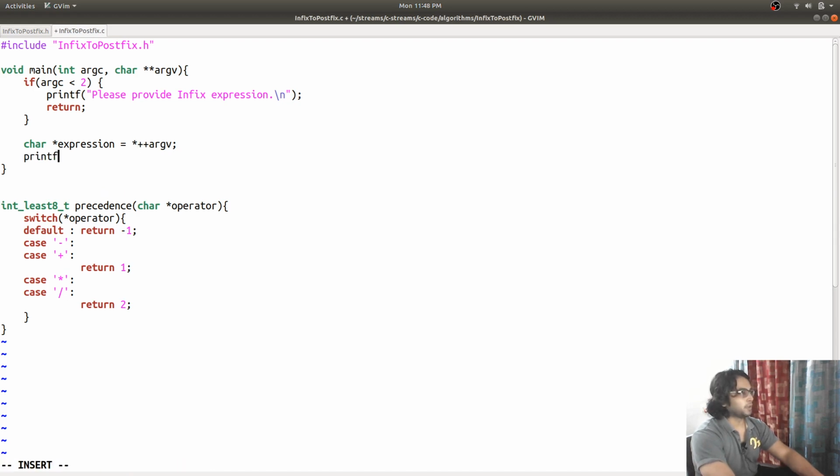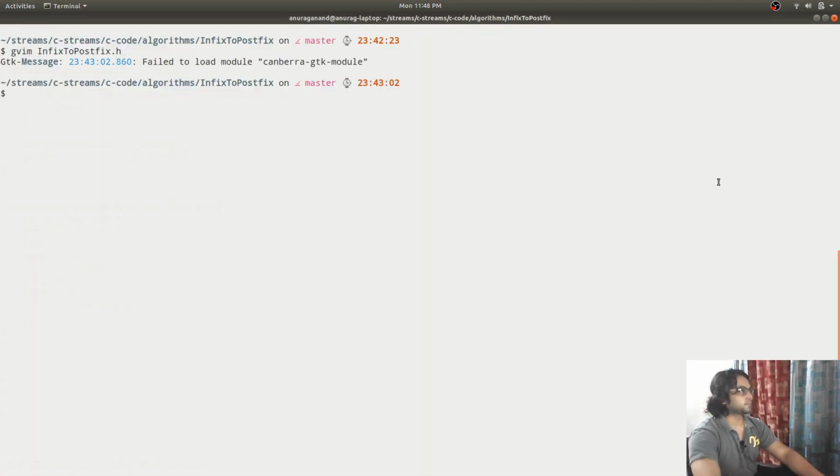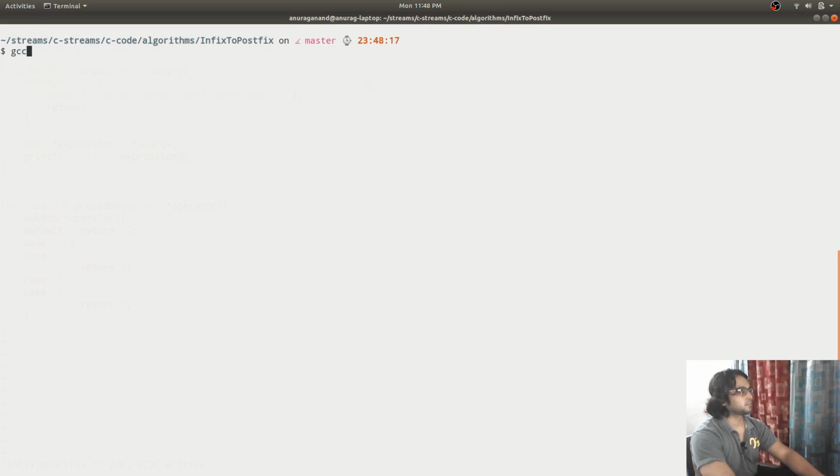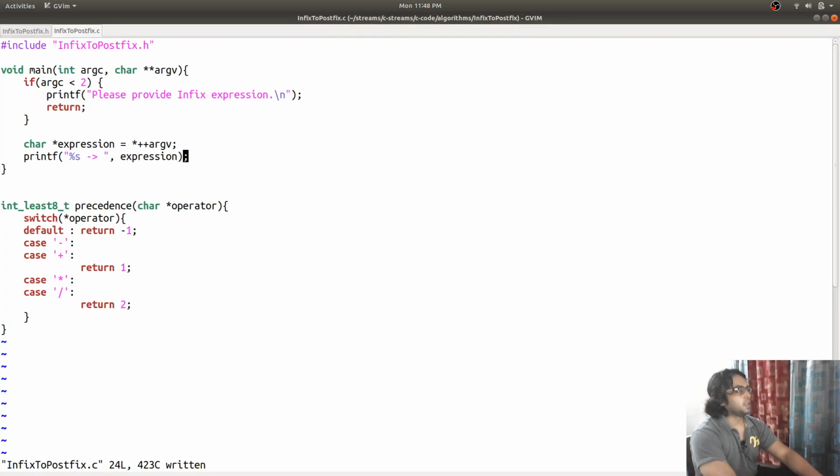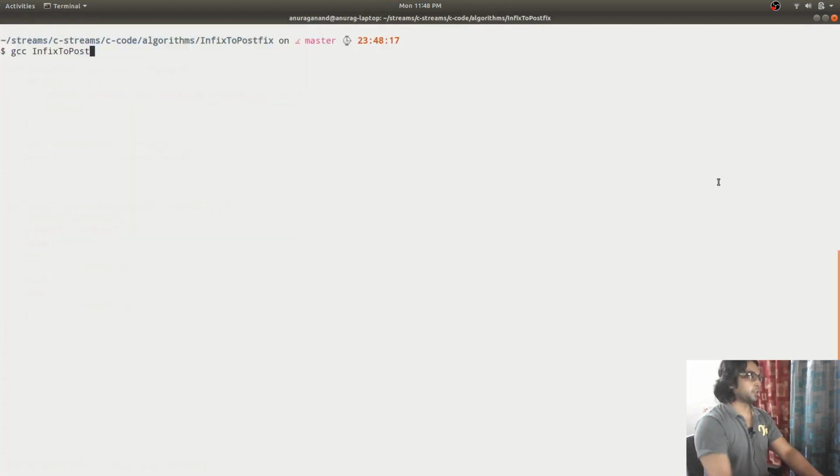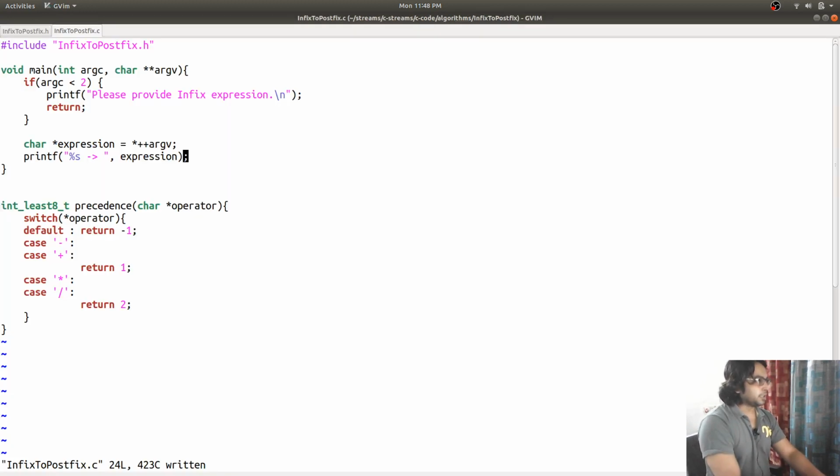So I'm going to print the expression first. printf takes a pointer to a character, and expression is a pointer to a character, so it is going to work. We do not need to dereference that.